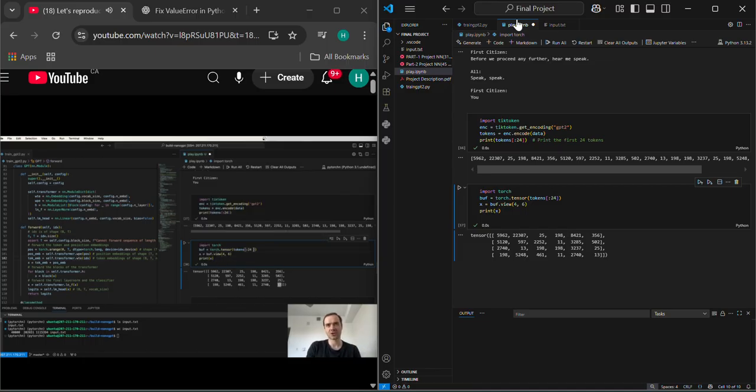I like to make sure that I fetch +1 token, because we need the ground truth for the very last token, 13. And then when we're creating the input, we take everything up to the last token, not including, and view it as 4 by 6. And when we're creating the targets, we do the buffer, but starting at index 1, not index 0. So we're skipping the first element, and we view it in the exact same size. And then when I print this,